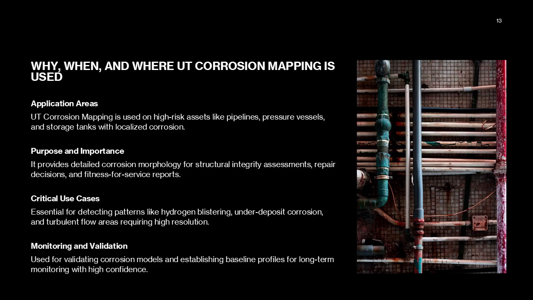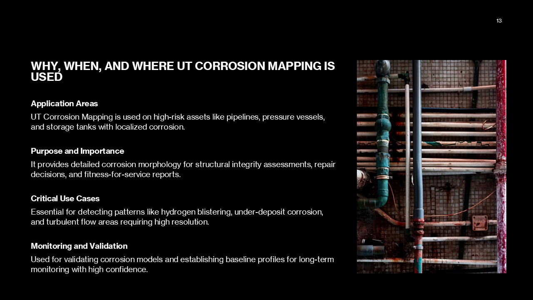UT corrosion mapping is chosen when detailed corrosion morphology is required for high-risk or complex assets. It is extensively used in pressure vessels, pipelines, storage tanks, and components where corrosion is known to be highly localized or irregular. Engineers rely on UT corrosion mapping when assessing structural integrity for repair decisions, evaluating pitting corrosion, or preparing